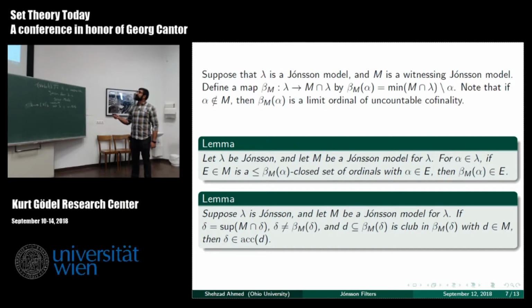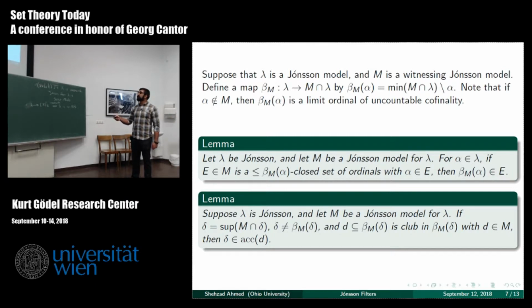So if M is a Jónsson model, and I have a sufficiently closed set of ordinals E, and alpha is inside E, then beta M alpha is also inside E. Another thing, this is the part that gets used in that Trebah-Woodin result that I mentioned earlier, is that